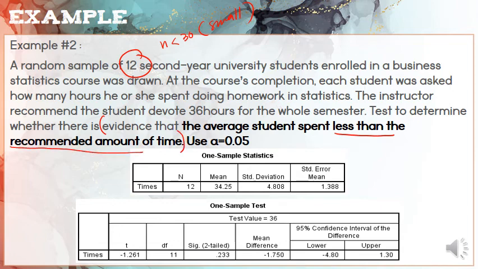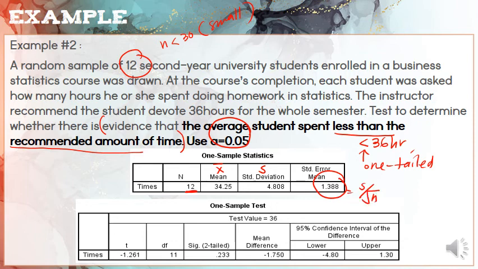Dia suruh tengok cukup tak evidence to show that students spend less than 36 hours. Less than, one-sided. One-tail test. Guna alpha 0.05. From the SPSS output, kita tahu our n is 12, x bar 34.25, standard deviation 4.808, your standard error